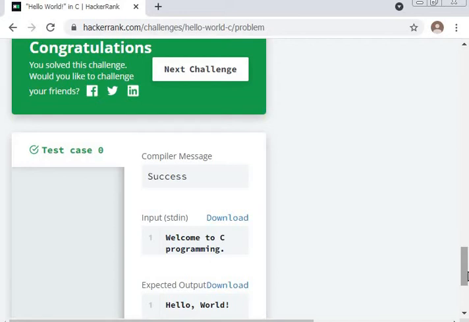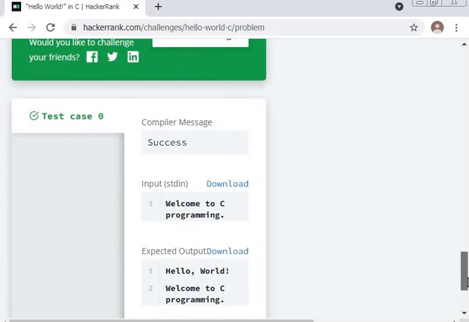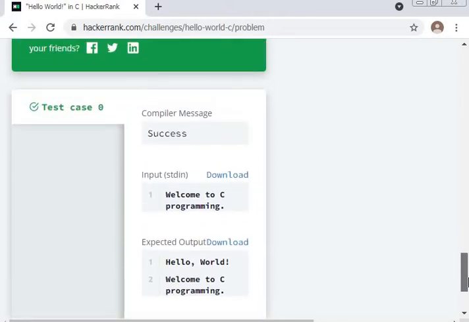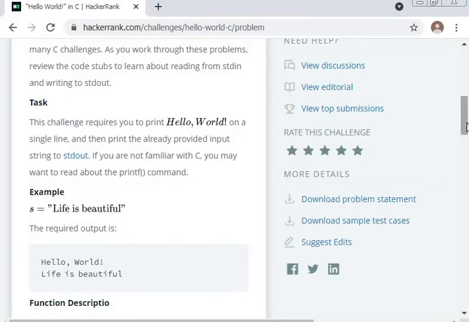Your input is welcome to C programming, and expected output is hello world, welcome to C programming. You can also download your problem statement, and you can also download your sample test cases from here.